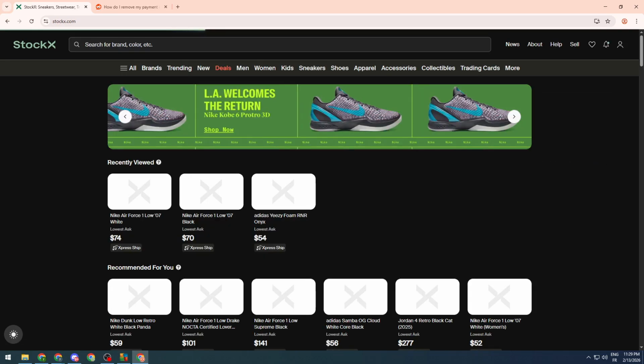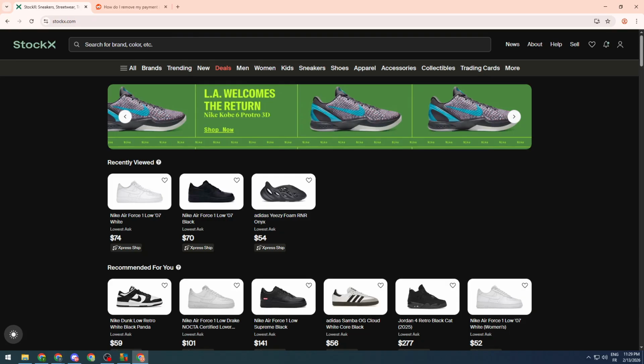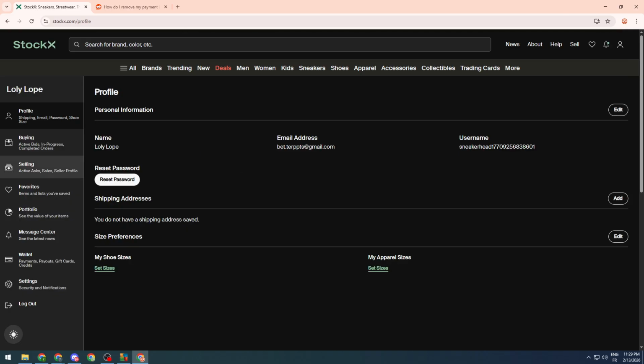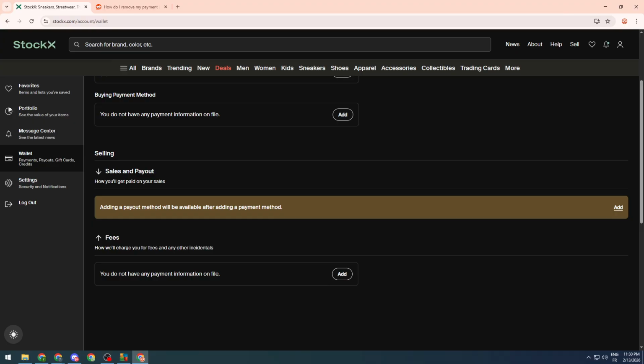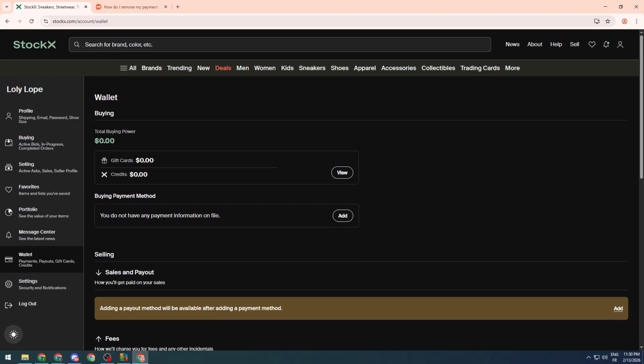In today's tutorial guys, I will be showing you how to remove a payment method on StockX. So usually once you add a payment method guys, it's going to be saved onto your account. What I will literally ask anyone to do is to not add the payment method in here because it cannot